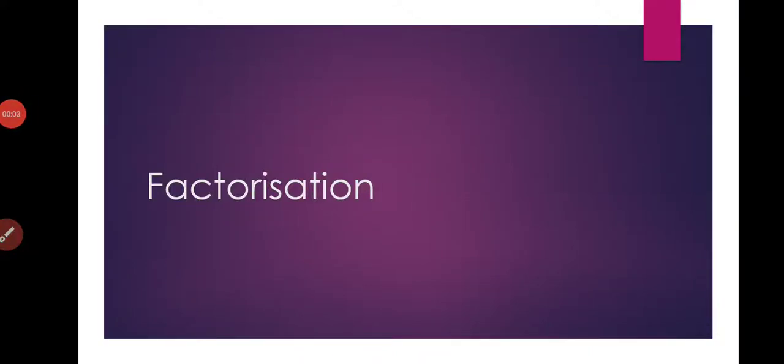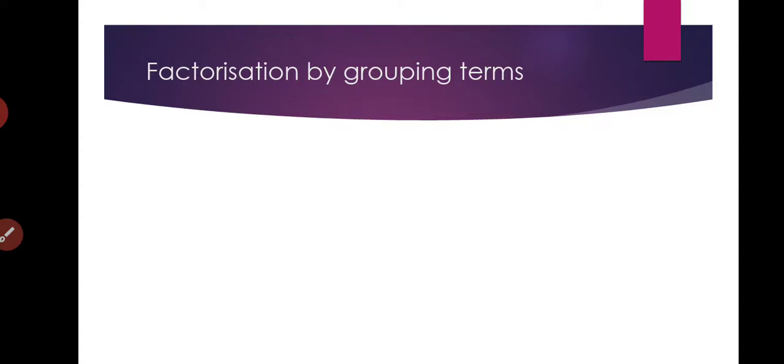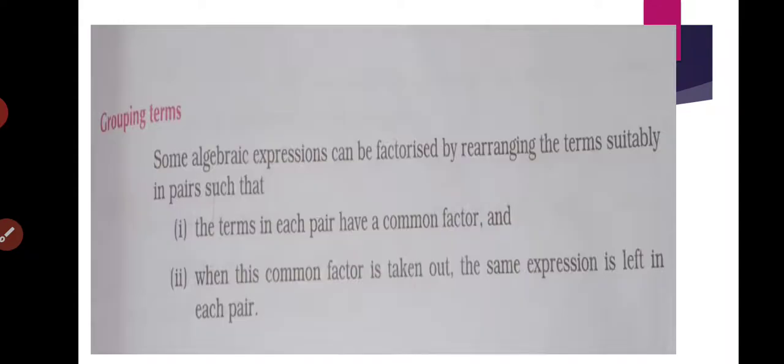Today we will be dealing with the next exercise of factorization, in which we will factorize an algebraic expression by bringing the similar terms together. That is, by the method of grouping the terms. By grouping the terms we mean that whatever the terms are in an algebraic expression, we group them in such a way that they contain common factors, and then we take them out and resolve our algebraic expression into the respective factors.